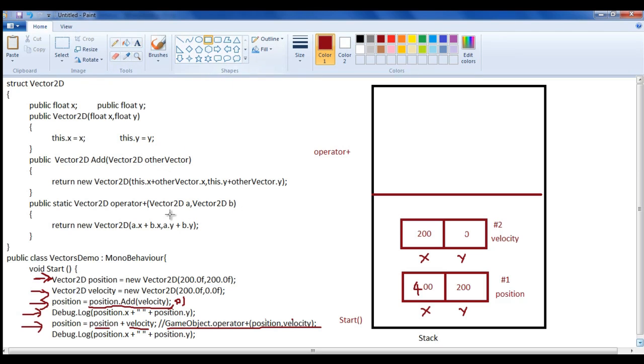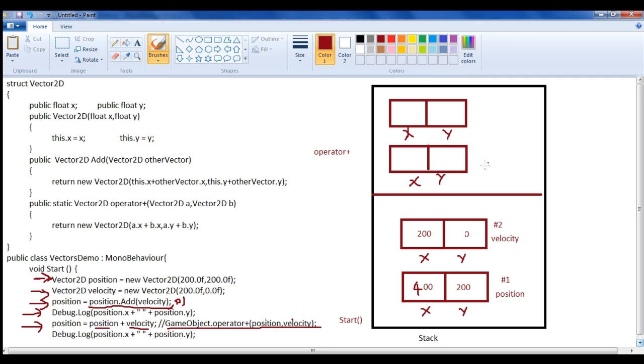And we already know that a and b are Vector2D structure types. So definitely you will have two memory locations. Both are of type structure, and both are going to have x and y memory locations, right guys? That is how it looks, x, y and x, y. This one is a and this one is b.